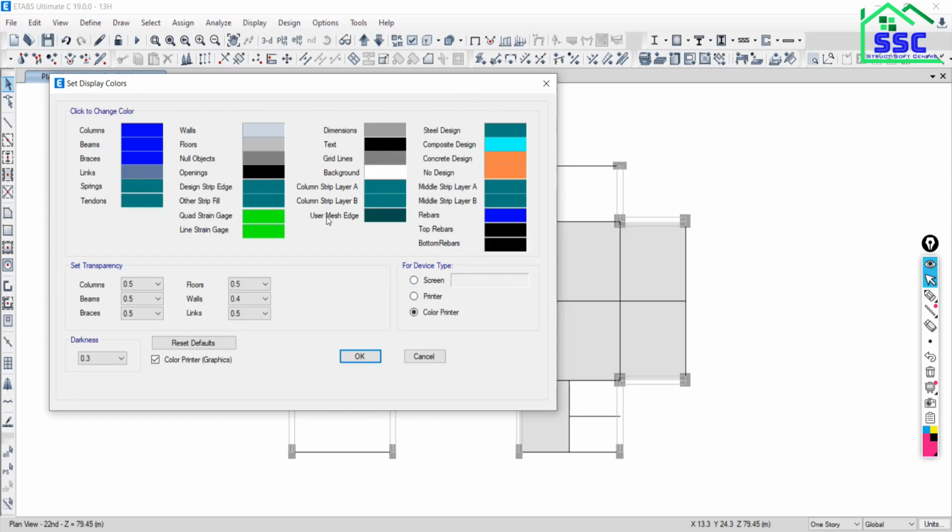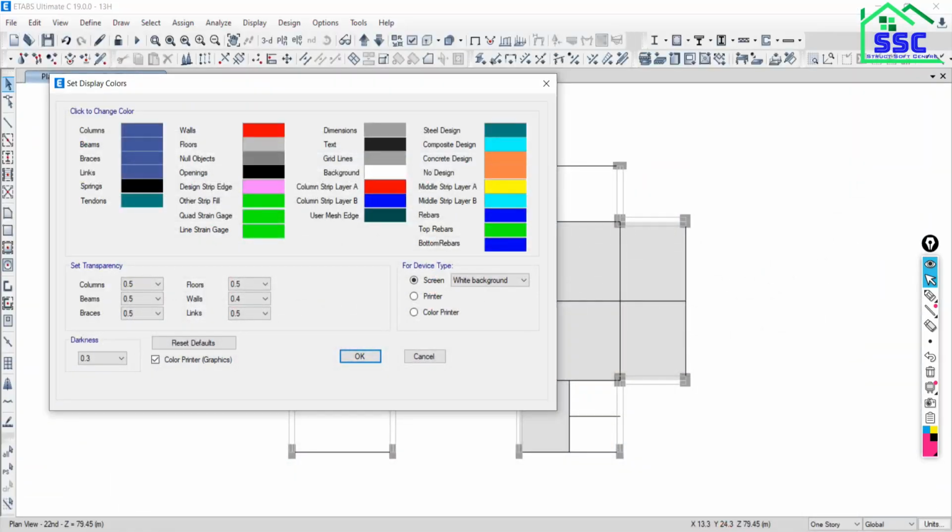Hello, you are with me? And the transparency is there for the column, beam. You can adjust your transparency if you want to see more dark, if you want to see the light, that depends on this. So I am not interested to change all this setting, let it be by default, and screen will be your back.